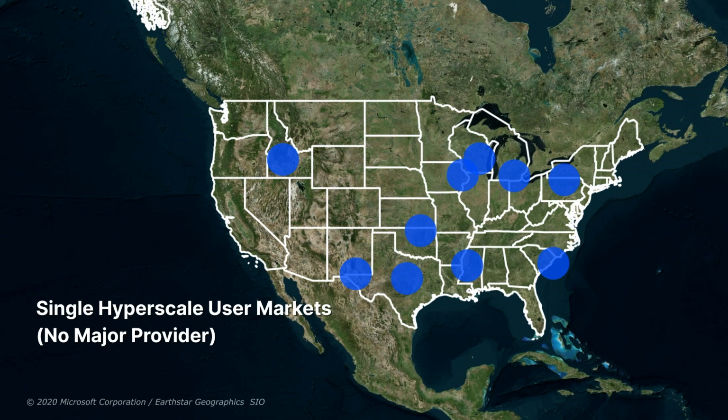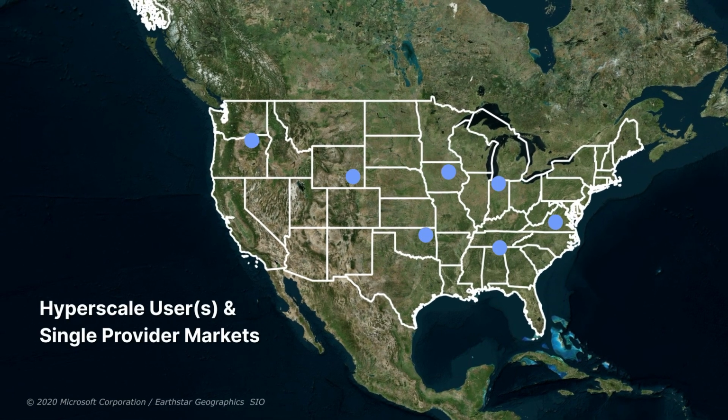And there are 1, 2, 3, 4, 5, 6, 7 additional ones where there's only one colocation operator. So there are still opportunities. That's 17, 18 markets that have either no colocation operator or one, in close proximity to a hyperscaler that's building. So there are still opportunities for finding areas where you look at the user that is growing there, and maybe look at how they've grown in other markets and apply that same type of growth strategy to that area. And that's not